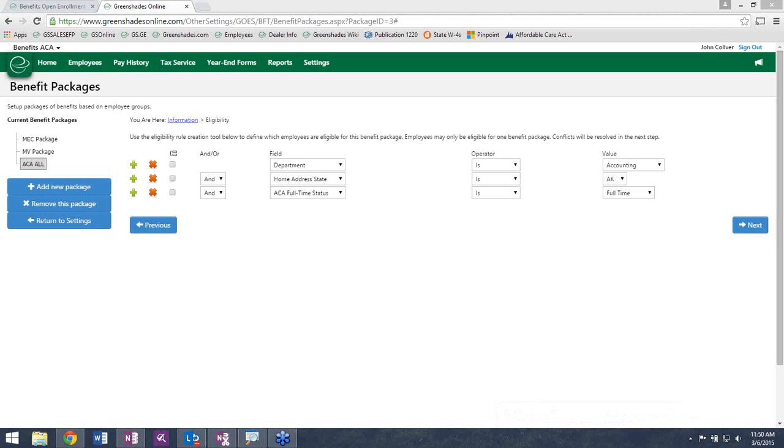And if every single employee elects to have their 1095-C distributed through the portal electronically, there's no other cost associated with it. If you have employees that haven't gotten their 1095-C on the portal, there'll be some small additional costs for the completion of the distribution. So you'll either have a paper cost because we create an electronic file that you can print to blank perforated paper and pass out to your employees, or there'll be some small additional cost per form for the mailing of those 1095-Cs if you use the Greenshades option for that.